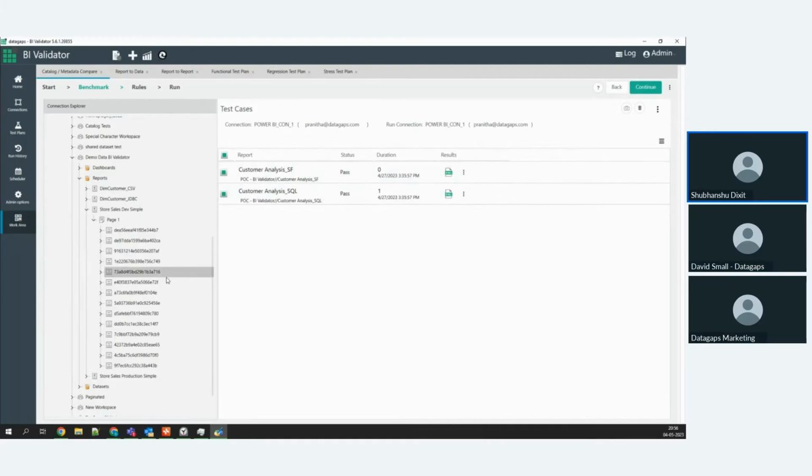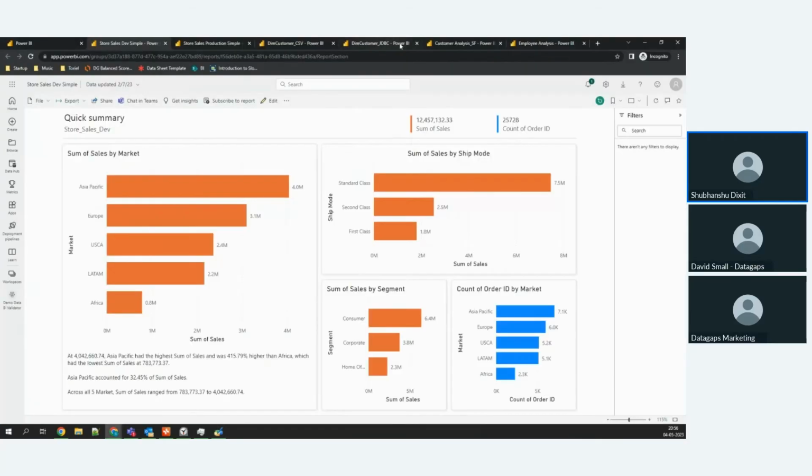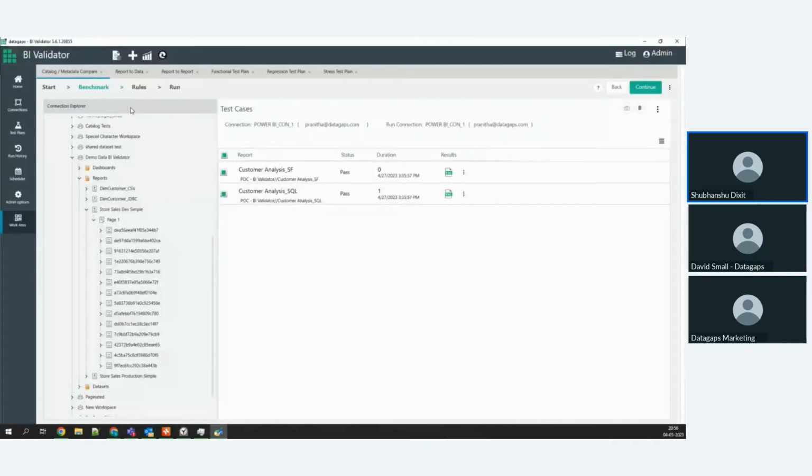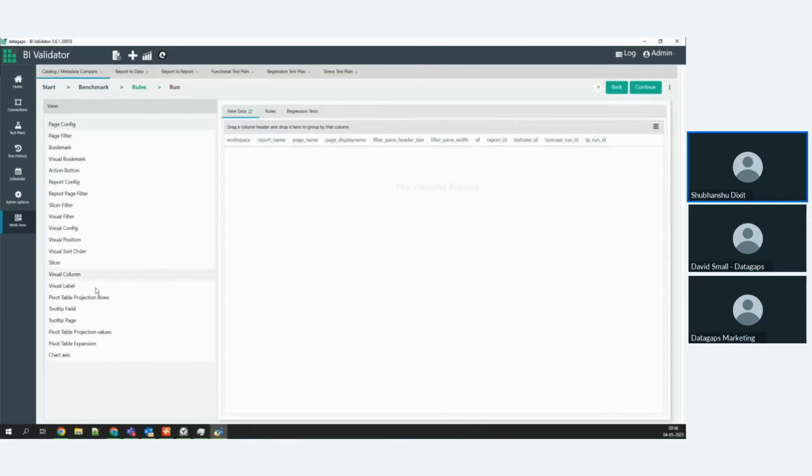Yeah. So here I've just picked up a couple of customer analysis SQLs. So these are my reports right here. I believe this is one of them. And this is a typical report of what you might see. It has a lot of visualizers, a lot of filters right here. And I've already benchmarked them. So after benchmarking them, I go to rules. And here I can see what are different views and aspects that I'm going to work against. And to better see how exactly this goes out, let me go to run first